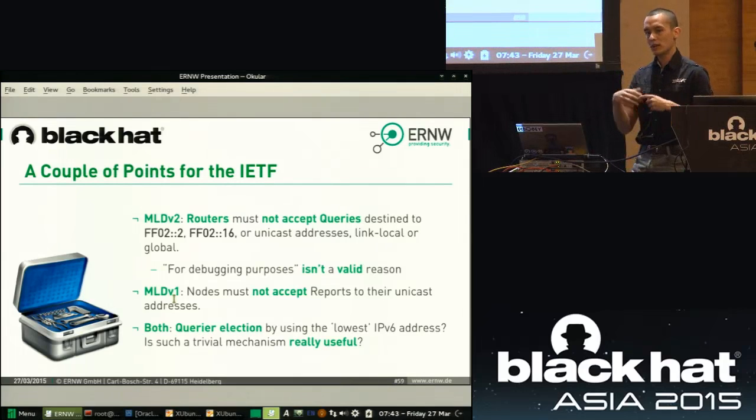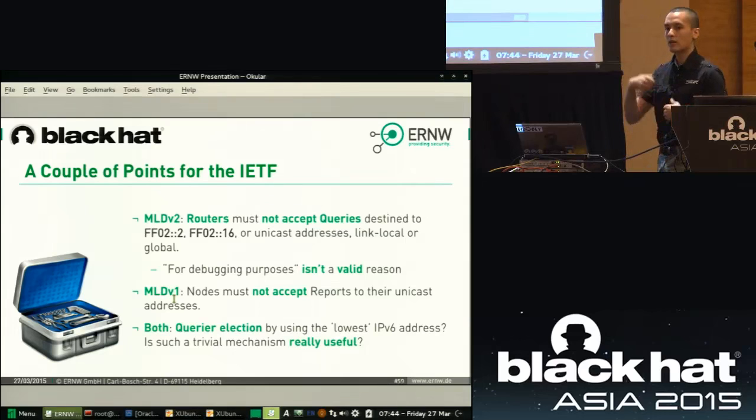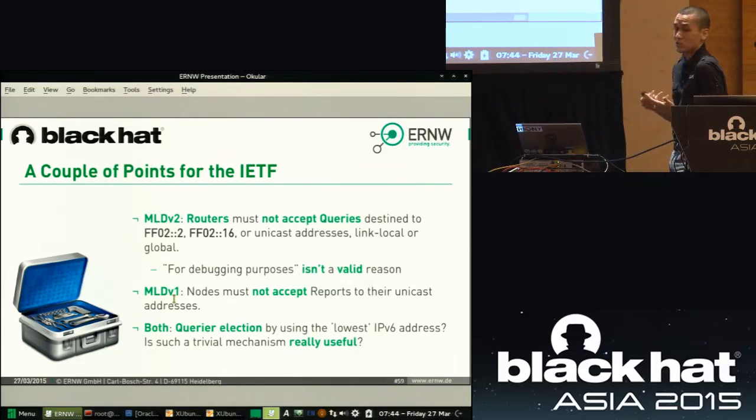So in a protocol which is multicast oriented, where you're talking to everyone, like, hey clients, tell me what you are listening to, you shouldn't be allowed to ask some client what are you listening to. Which is what we did by becoming the querier, only telling the querier that we were the querier, and then only sending the last listener query again to the router and not to the other clients. So that's something which should be taken care of in our opinion, especially since it's for debugging purposes.